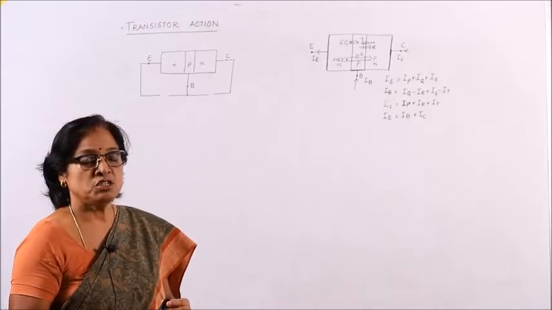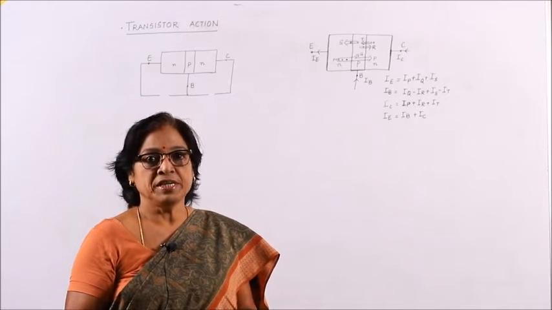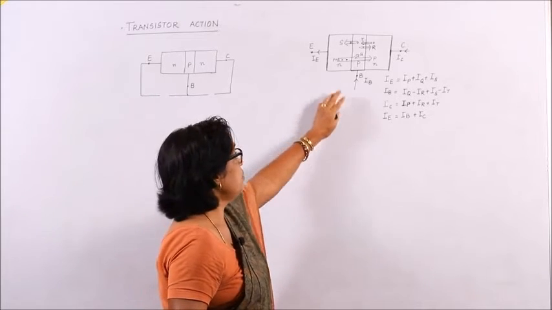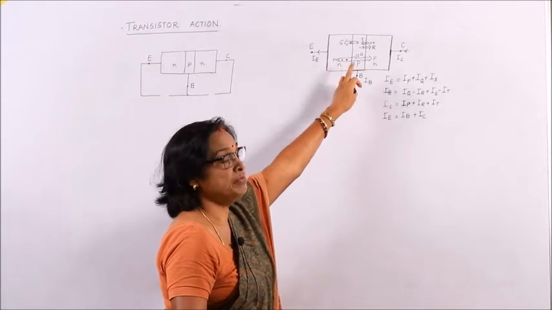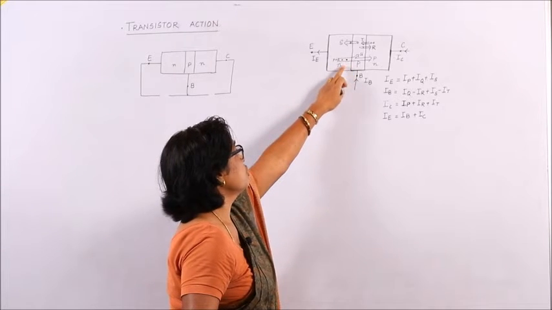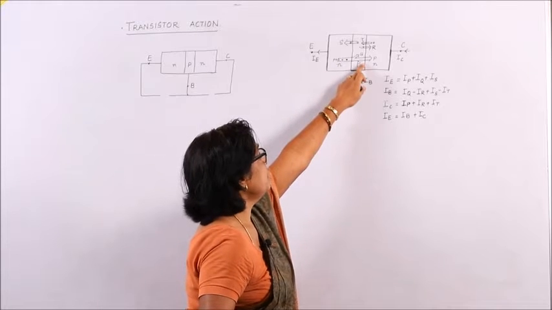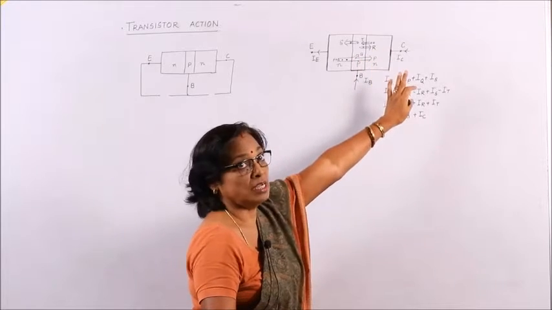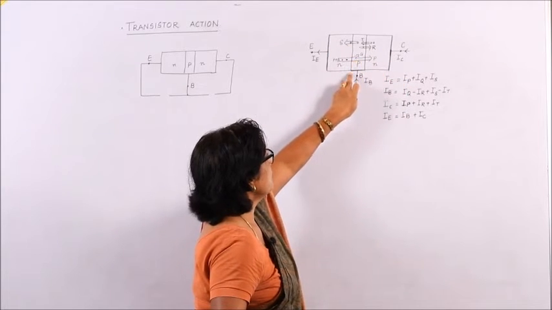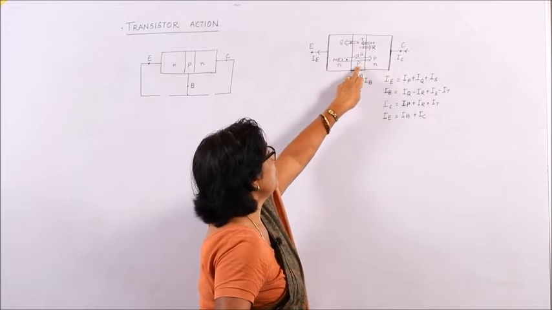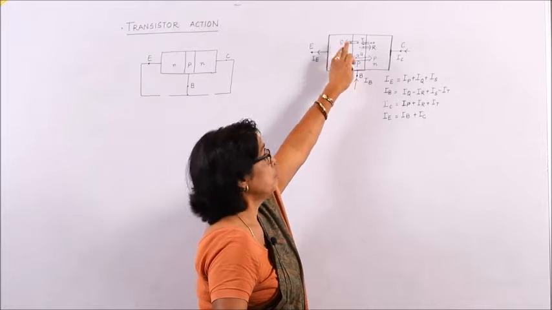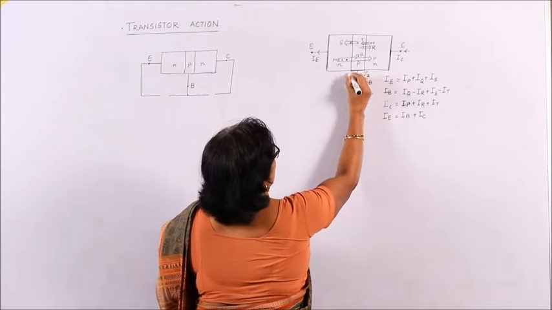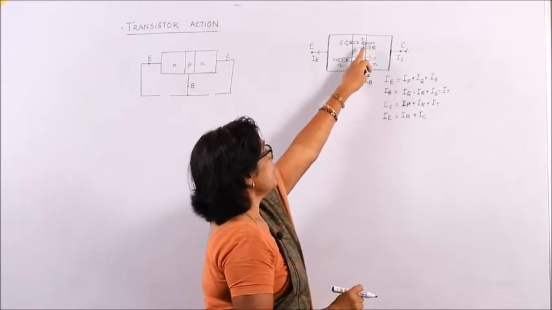So, we will continue with transistor action using an NPN transistor. In the last class we did this: if p plus q amount of electrons leave the emitter region, the n side, q of them will combine in the base, and p of them will reach the collector. At the same time, because there is forward bias here, some holes from p will also go to n, s in number. Similarly, reverse bias is present in junction 2.